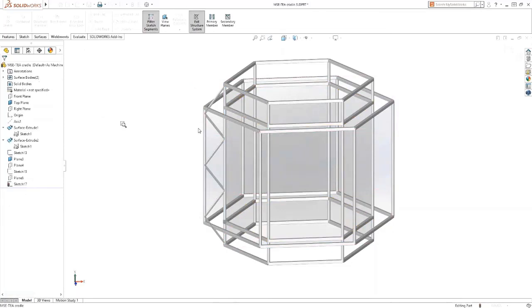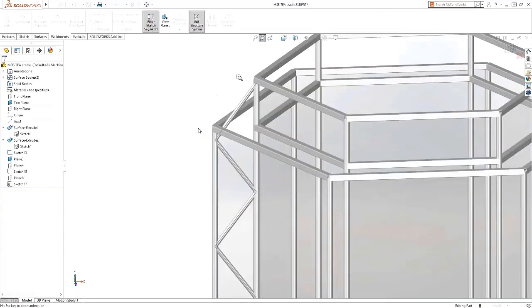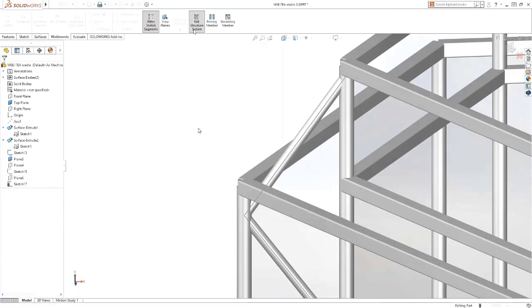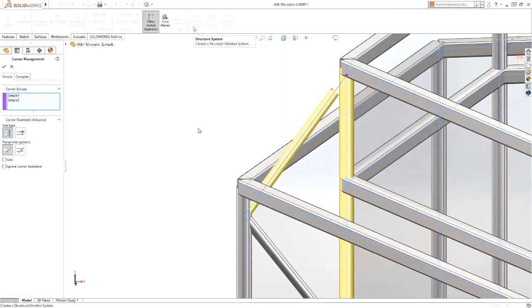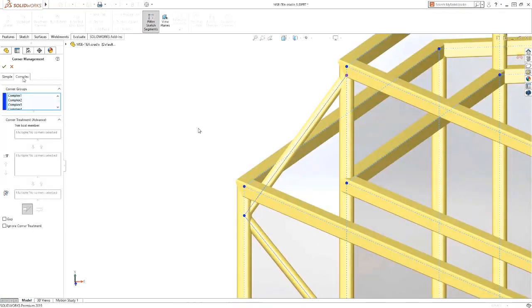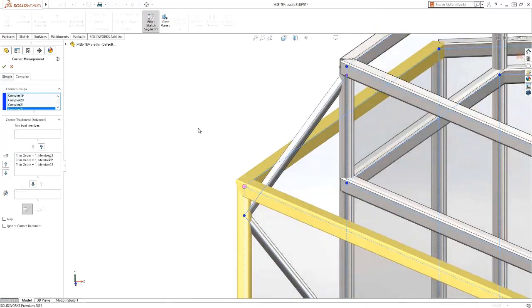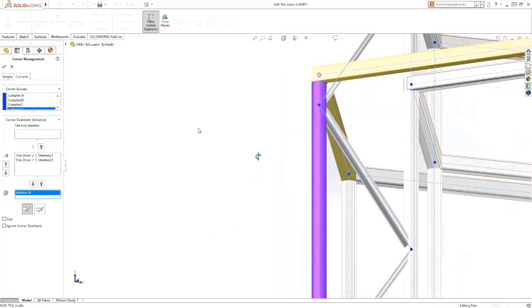At this stage, the members are defined, but they're not trimmed. When you finish adding the structural members, the corner management tool is presented so you can fine-tune the corner treatments. The simple corners will be set to body trim, so they get coped to the vertical members. For the complex corners, there are more options. Initially, each member is mitered to each other. For this corner, we want the horizontal members mitered to each other and the vertical member trimmed secondarily. To simplify the manufacturing impact, the vertical member should be trimmed flat, so it should be moved down to the